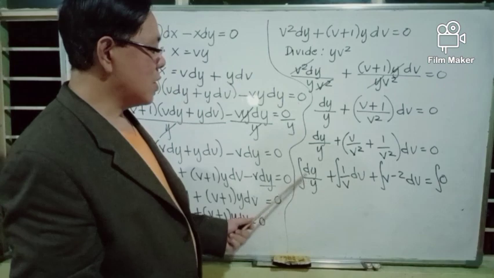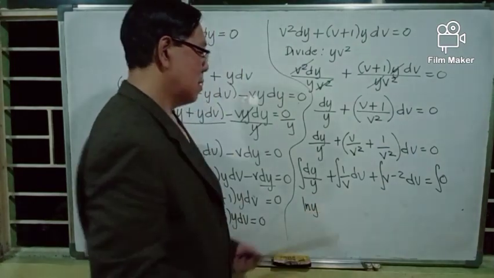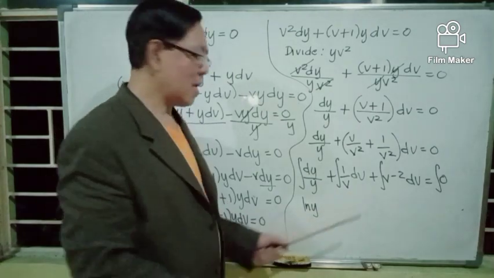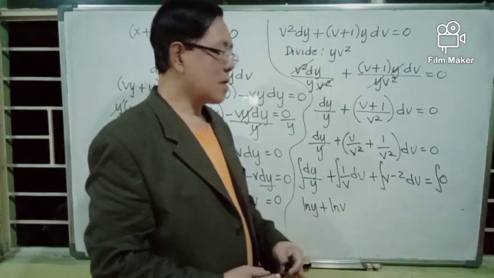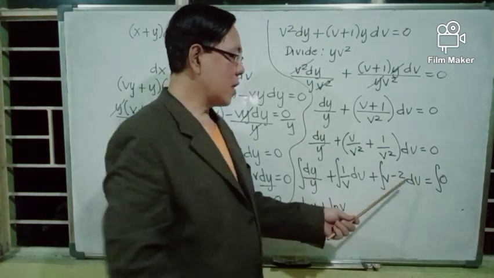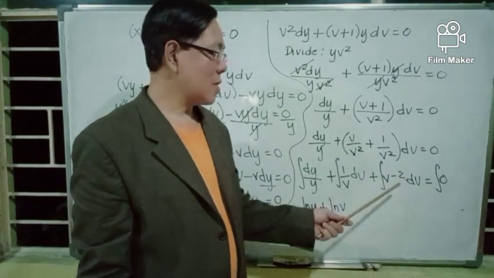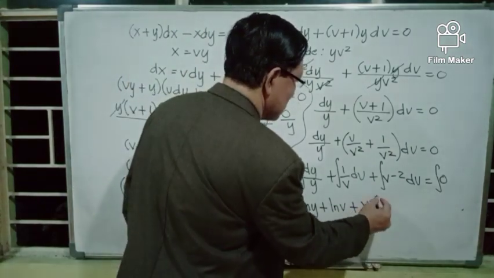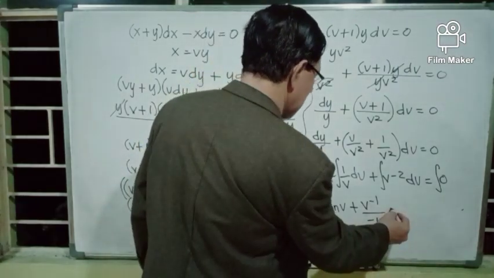The integral of dy over y, as I said earlier, is ln of y. The integral of dv over v, or integral of 1 over v with respect to v, is ln of v. And for the integral of v to the negative 2 with respect to variable v, we apply the power rule. We add 1 to negative 2. Negative 2 plus 1 is negative 1, and negative 1 we use as the divisor. Divide by negative 1 equals